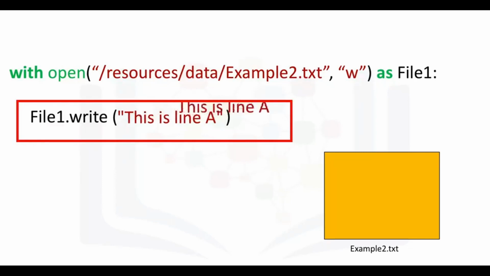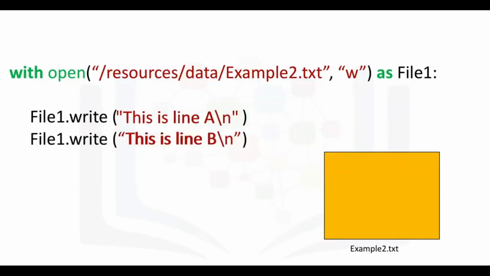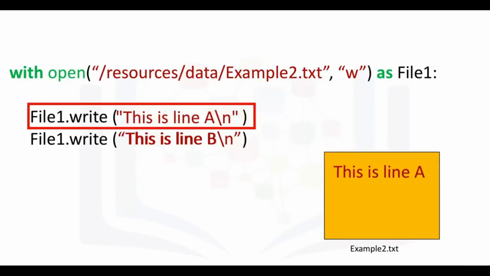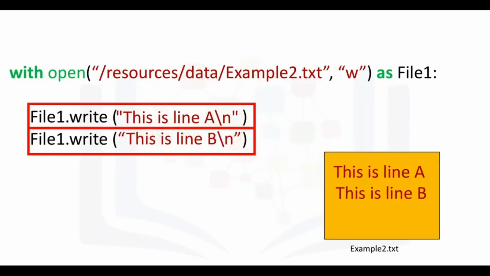We use the method write to write data into the file. The argument is the text we would like input into the file. If we use the write method successively, each time it's called, it will write to the file. The first time it is called, we will write "This is line A" with a \n to represent a new line. The second time we call the method, it will write "This is line B,"